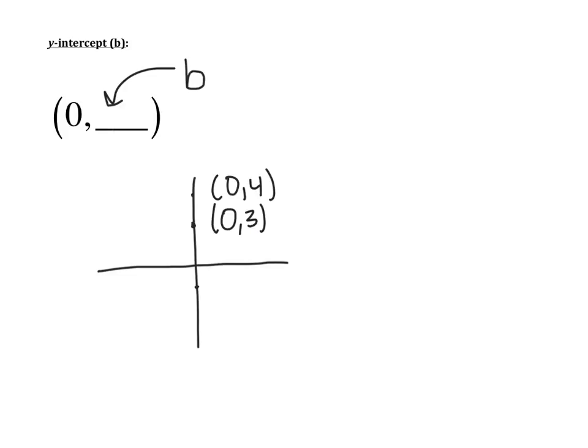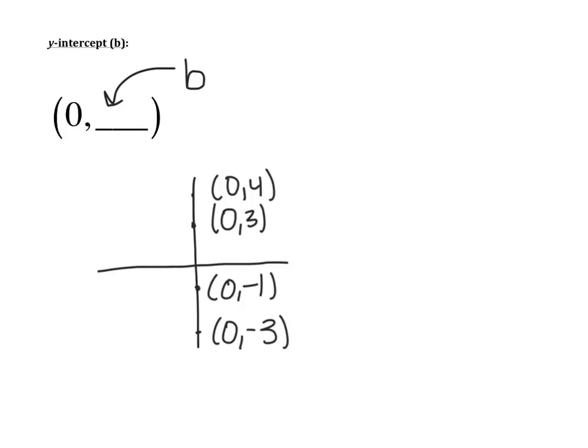If I pick a point below it, 0, -1. Pick a point way down here, 0, -3. Every point along the y-axis has an x value of 0. And if you remember from the last chapter, when you're finding a y-intercept, you put 0 in for x because we knew that all along the y-axis, the x value is 0. So again, anytime you're given a point that's 0, something, that something would be your y-intercept, otherwise known as the